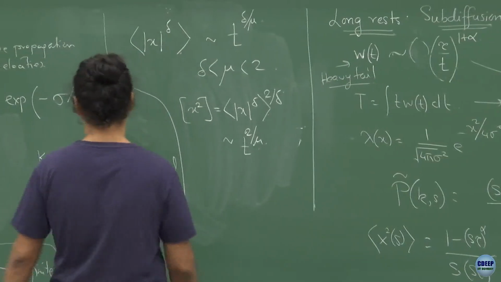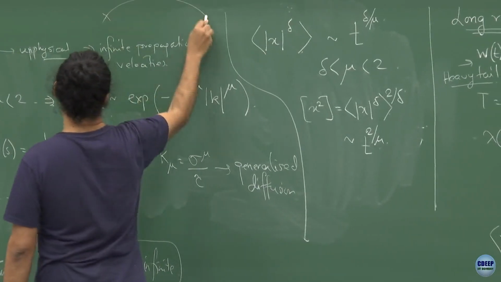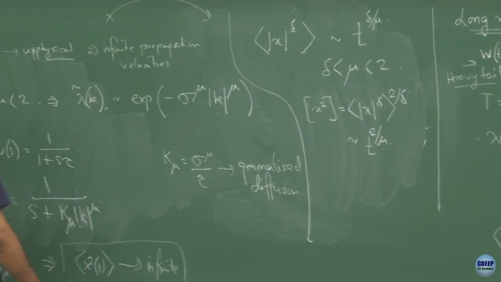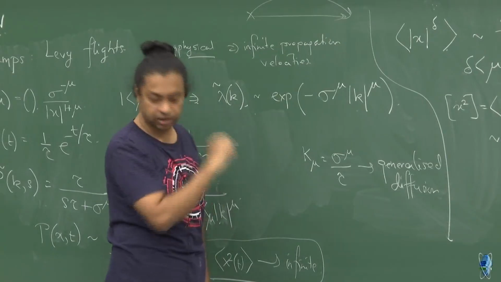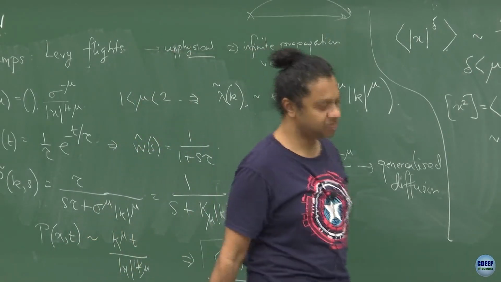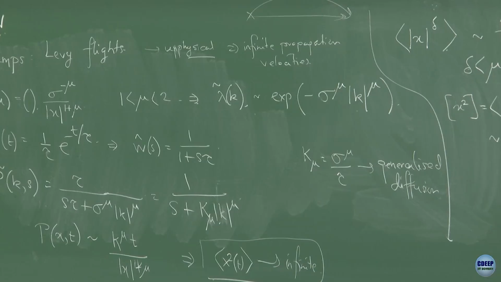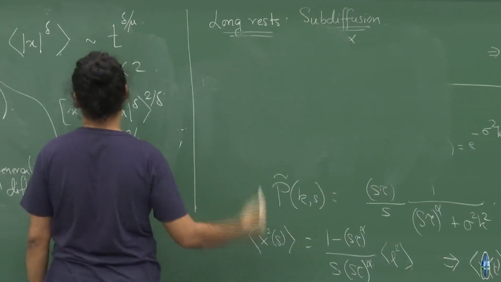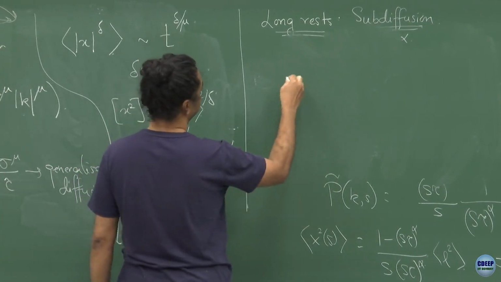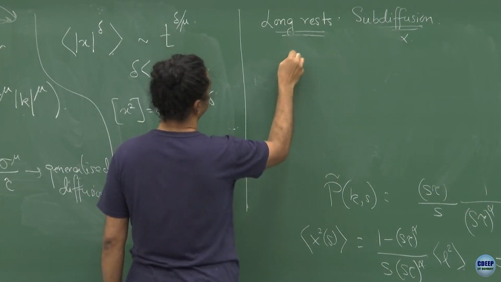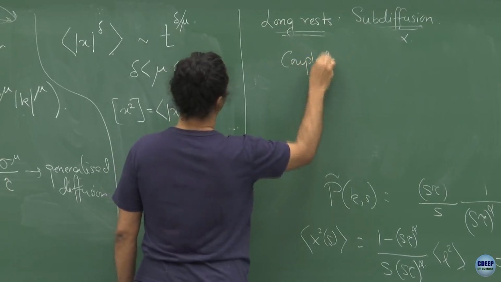Okay. So, if I am here and I am making a very long jump, I will spend a time making this jump that is related to how far I have jumped. What that means essentially is that there is a relaxation of the assumption we had made that this lambda of x and this w of t are decoupled. You have some w of t and some lambda of x and they are decoupled. If you have to do this properly, then one takes a coupled form. So, one takes a coupled jump PDF,